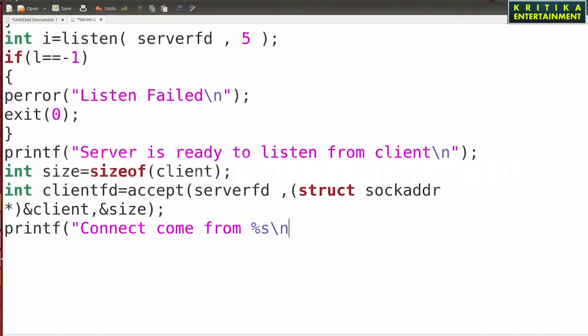So here write percent s. Right now you can also write inet_ntoa, network to ASCII. You write the what?